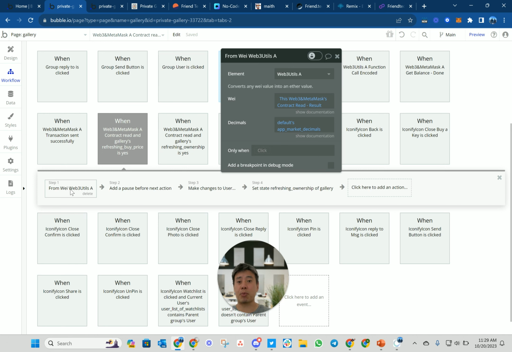Like one Wei is 0.000 with 17 zeros and a one, right? And so obviously we don't want to be messing around with 18 zeros all the time. So we have these simple functions here, which take something that is in Wei, i.e. the penny of Ethereum or Matic, and we want to translate that back into